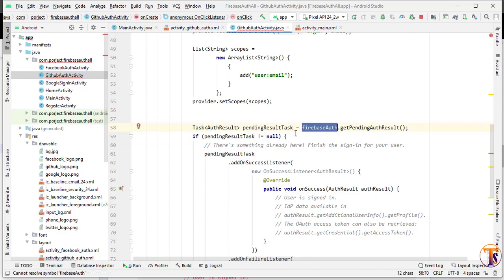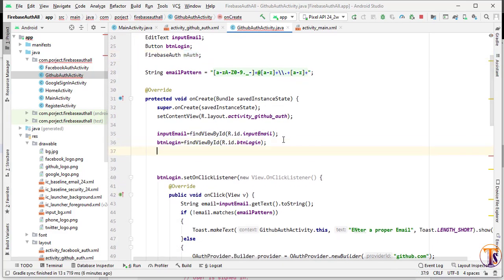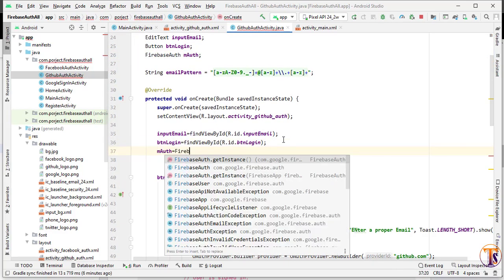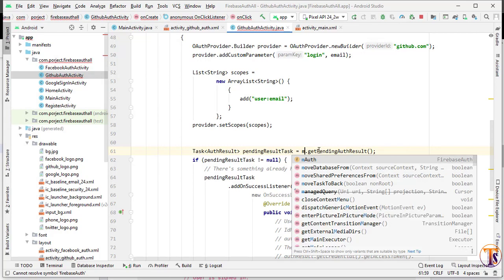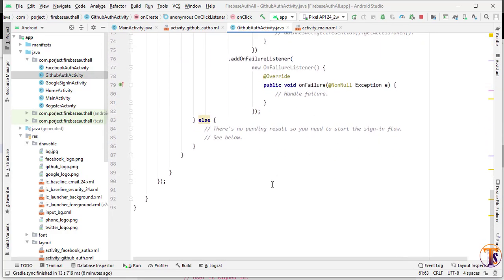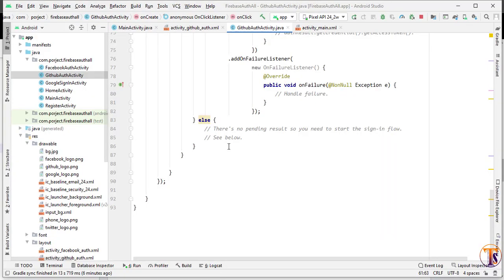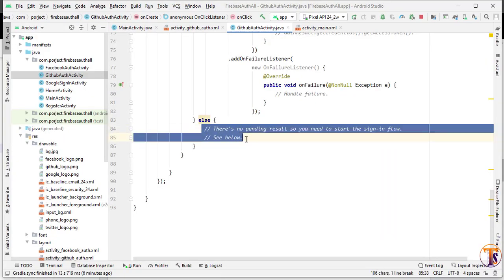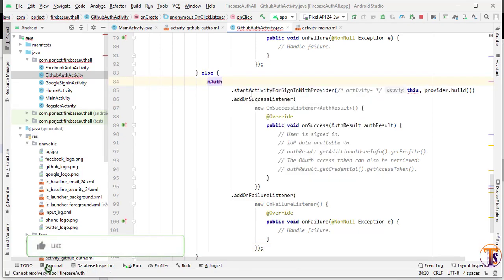Here you have to create the Firebase auth instance. So at the top I will create the Firebase instance: FirebaseAuth mAuth. We have to initialize this reference. Here I will initialize the reference with FirebaseAuth.getInstance. Here we have to pass this Firebase reference, so mAuth. Okay, now go to the browser again, and here we will copy this method. Open the browser, and inside this else condition you have to paste. Okay, like this, and here you have to simply pass the mAuth.